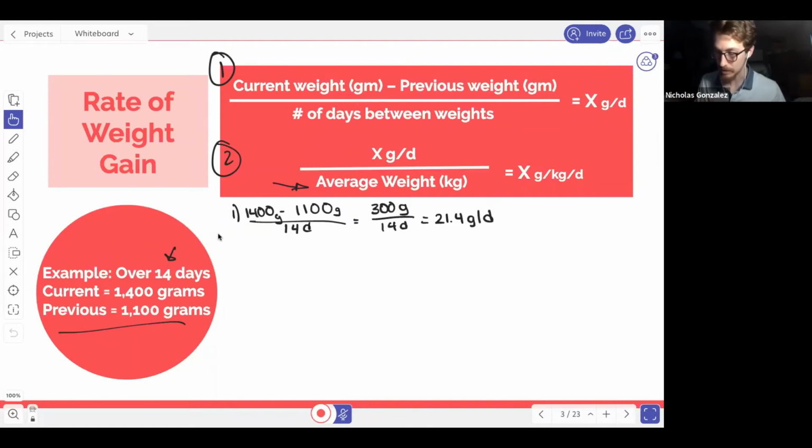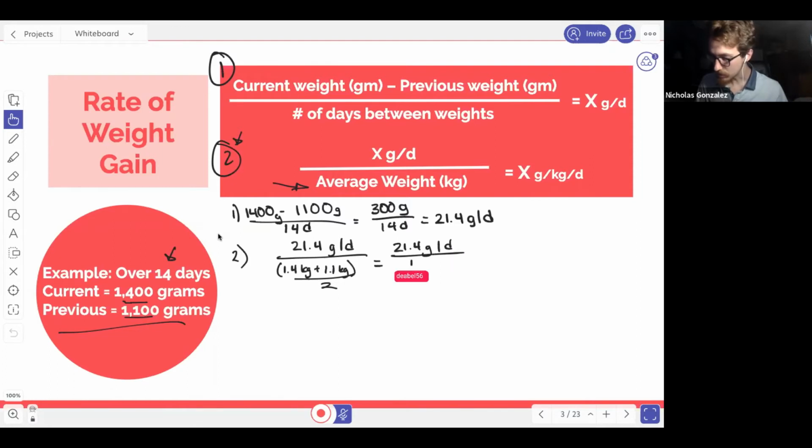This is where we start with the second part of the equation. And to do that, we're going to do 21.4 grams per day divided by the average weight in kilograms. So to find the average, we need to add them up and divide it by 2. So we have 1,400 grams, which is 1.4 kilograms, plus 1.1 kilograms, and divide that by 2. And this would give us